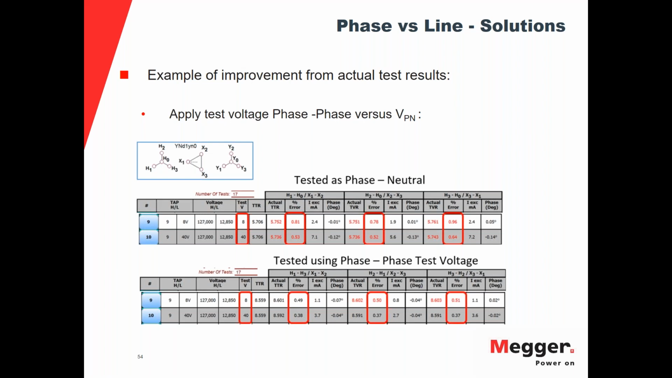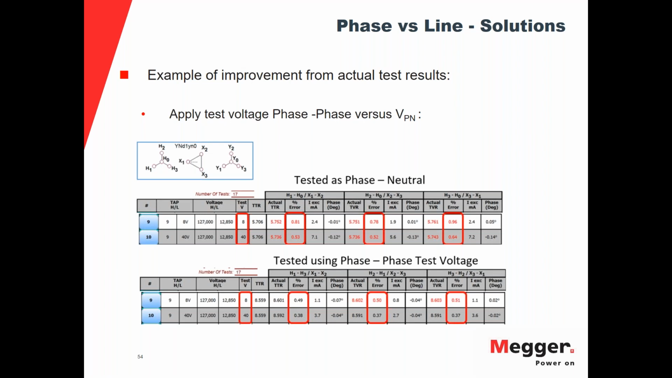So it's H1 to H0, and we're measuring on X1 to X2, applying on H1, H0, measuring on X1, X2, and we can see our percentage error. As we increase the voltage, our error percentage went down across the board there, and we've gotten closer to acceptable tolerance limits. So what we then say is, okay, well, what if we do this test again, but we do it